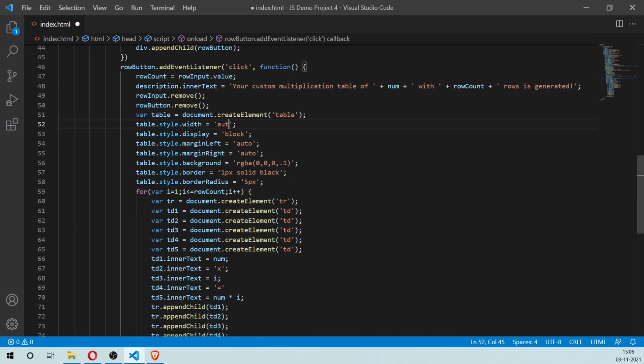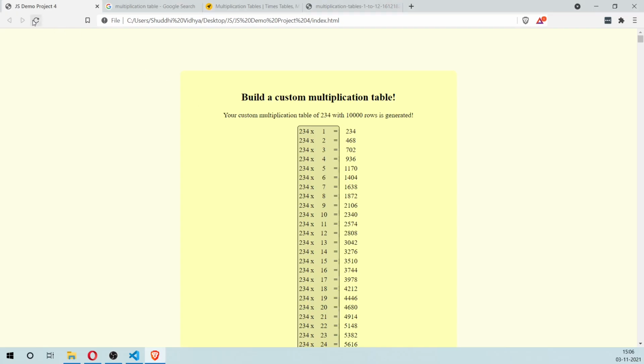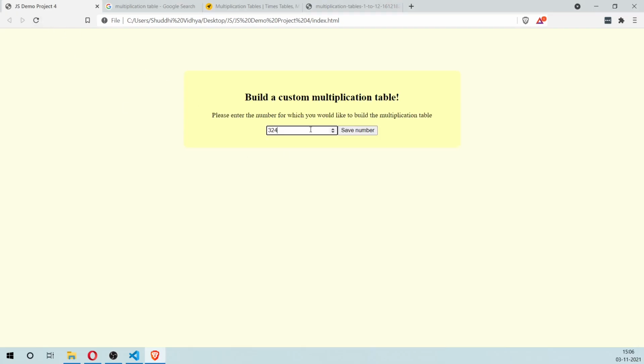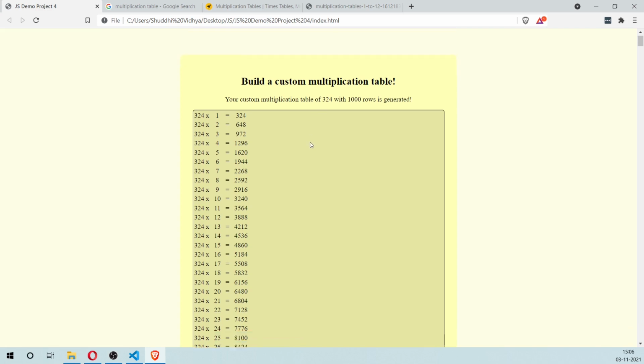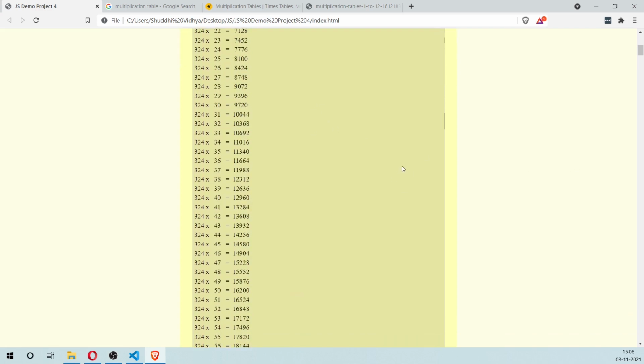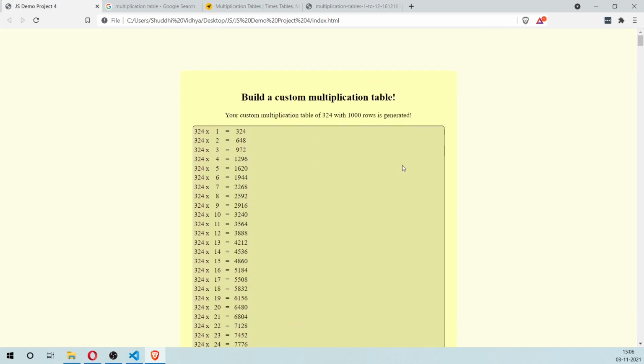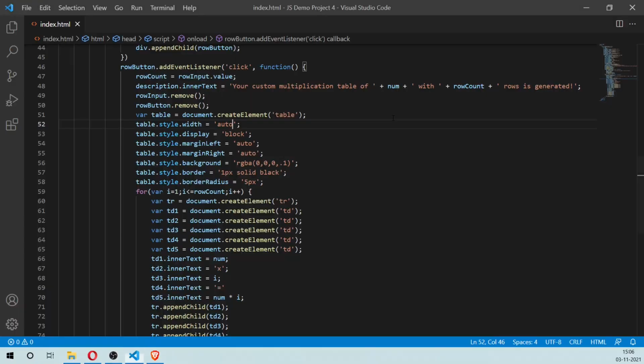You can just say auto. So that covers the entire width. So your custom multiplication table of 324 with 10,000 rows is generated. We can give it maybe 300 pixels.